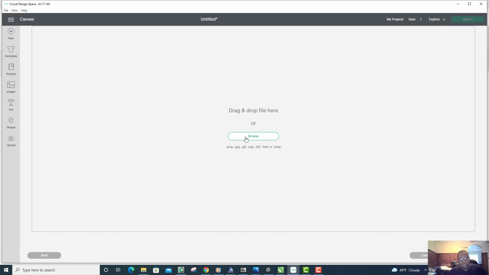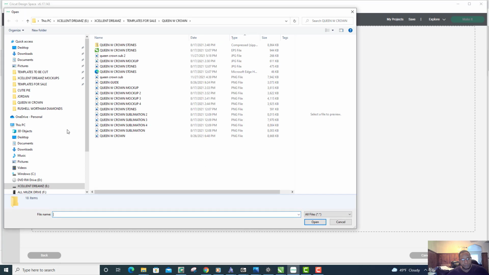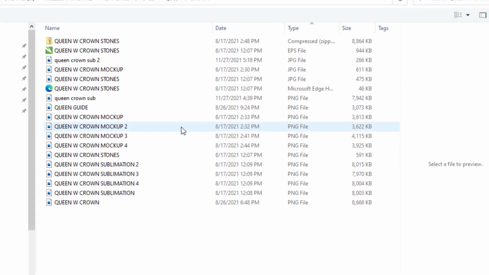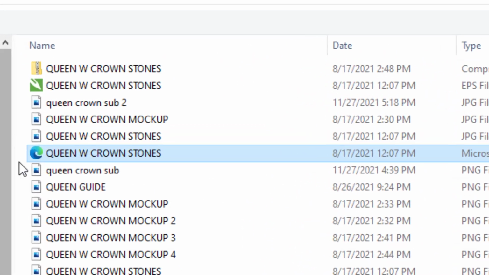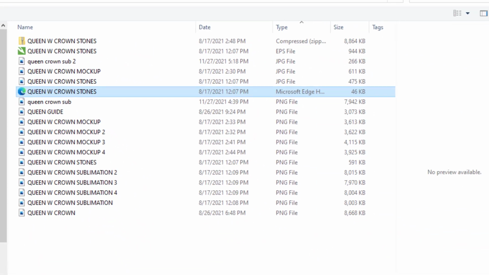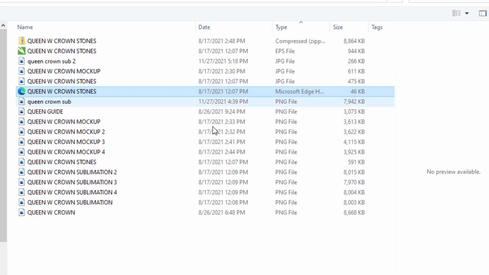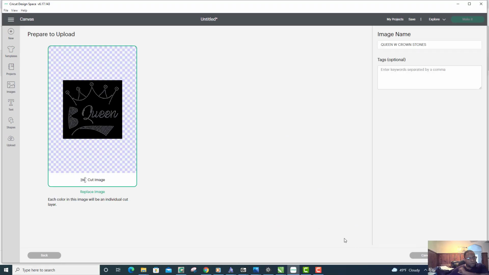Let's hit browse here. The one you want to choose when dealing with Cricut is this one right here that looks like it has the little Microsoft Edge icon or whatever. The E for the Internet Explorer or whatever. When you upload that one, you don't get the option for simple, moderately complex, or advanced, or any of that. It just goes straight to upload to the cut image. When you hit upload here,